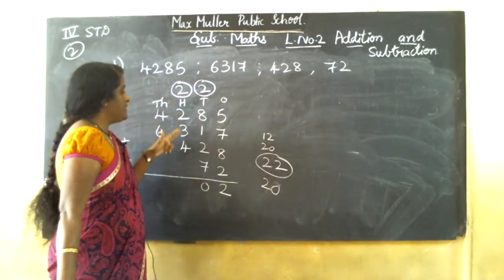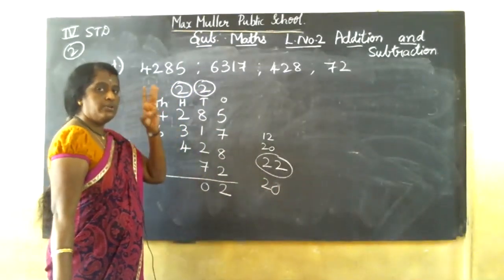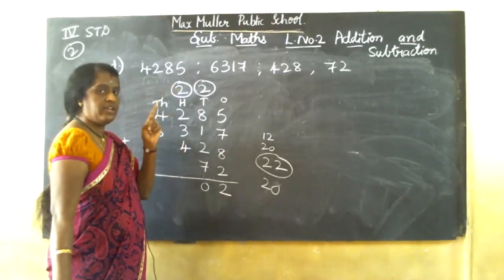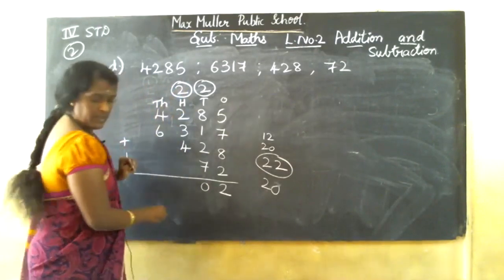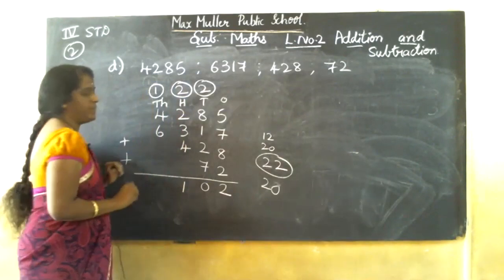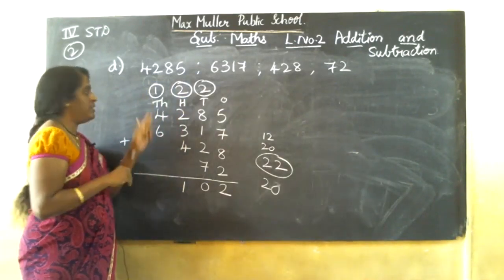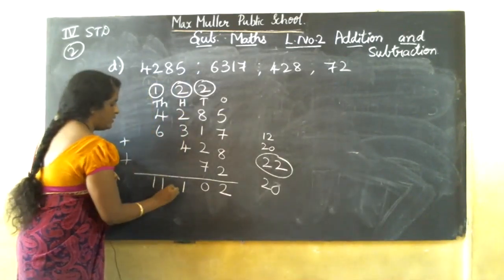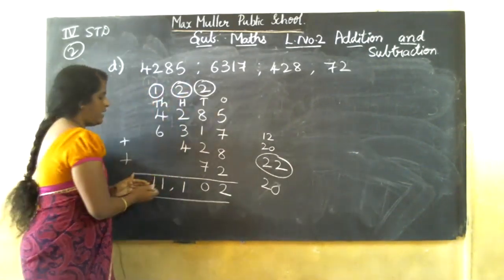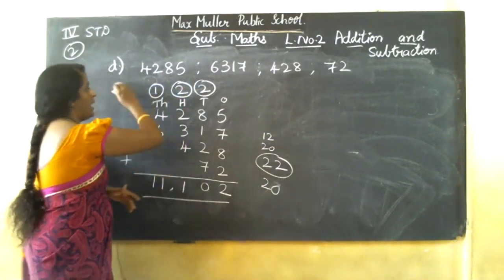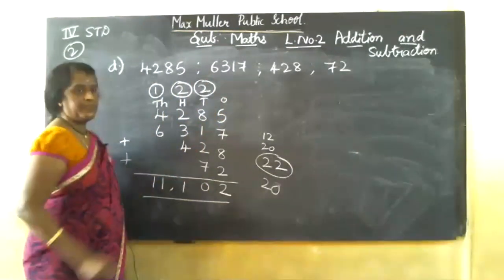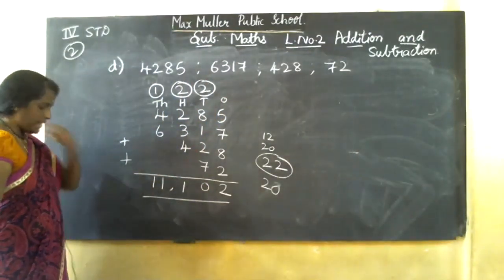2 plus 3: 2 in the mind, 3 on the finger, after 3: 4, 5. 5 plus 4: 6, 7, 8, 9, 10, 11. 11 I got here, 1 will be here, 1 carry will be for the next number. 6 plus 4, you know it's 10, 10 plus 1, 11. So see, here 1 carry, a 2 carry, 2 carry. So when you add all this, you will get 11,102. Got it? Yes, copy down.